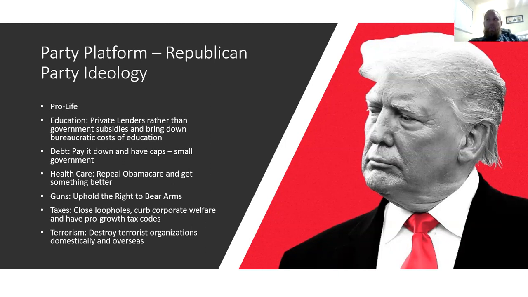Although Republicans can very much be heavy spenders, it does happen. This is very much not a universal truth. But Republicans tend to support bills that pay down the debt and then place caps on spending. So it's very much a small government point of view. In terms of healthcare,